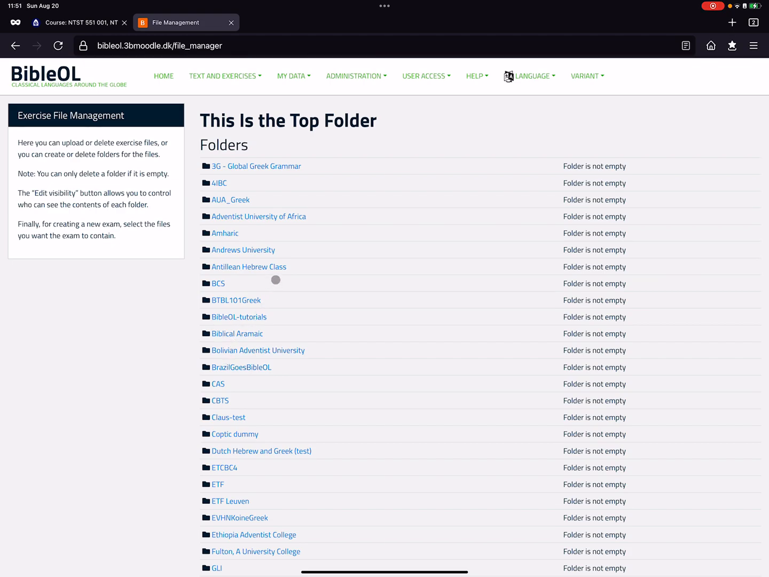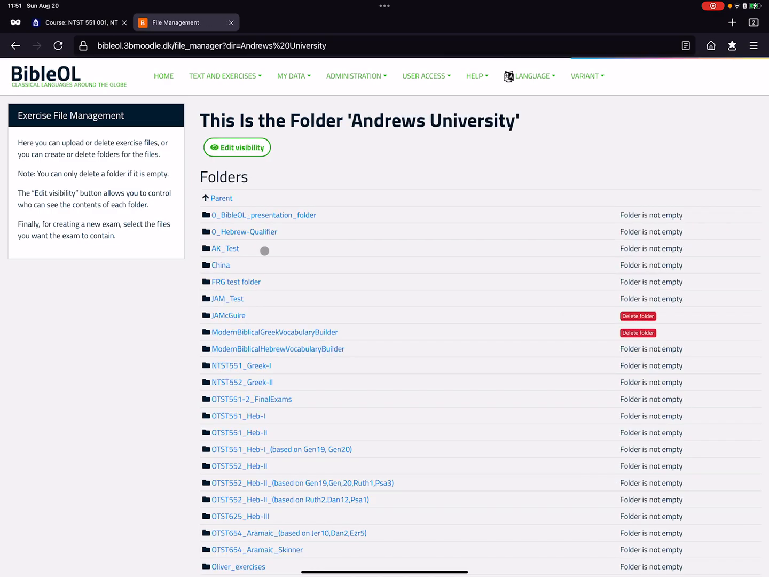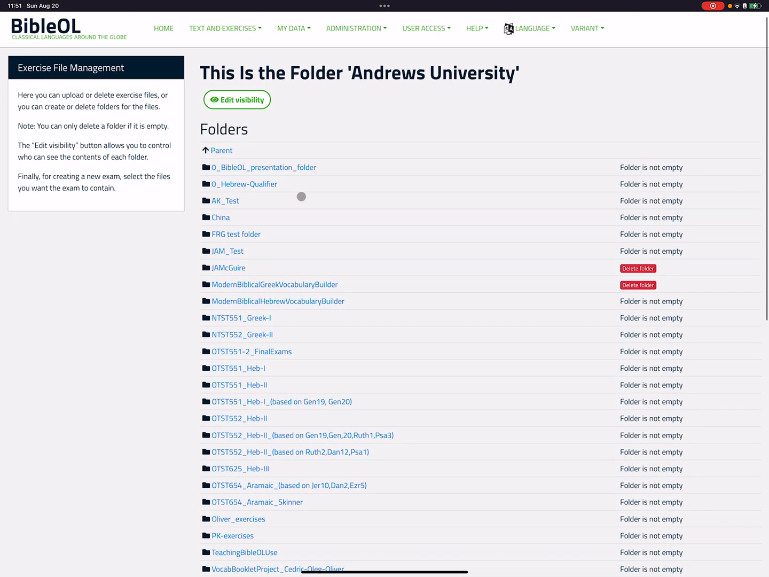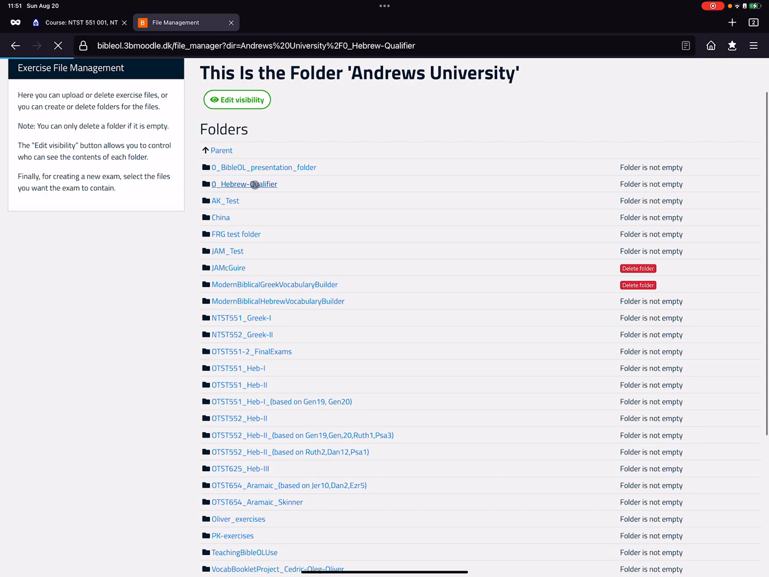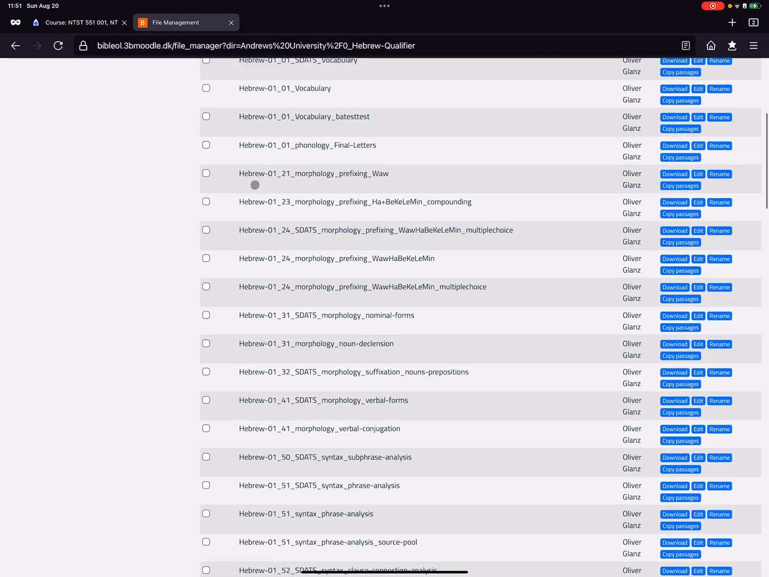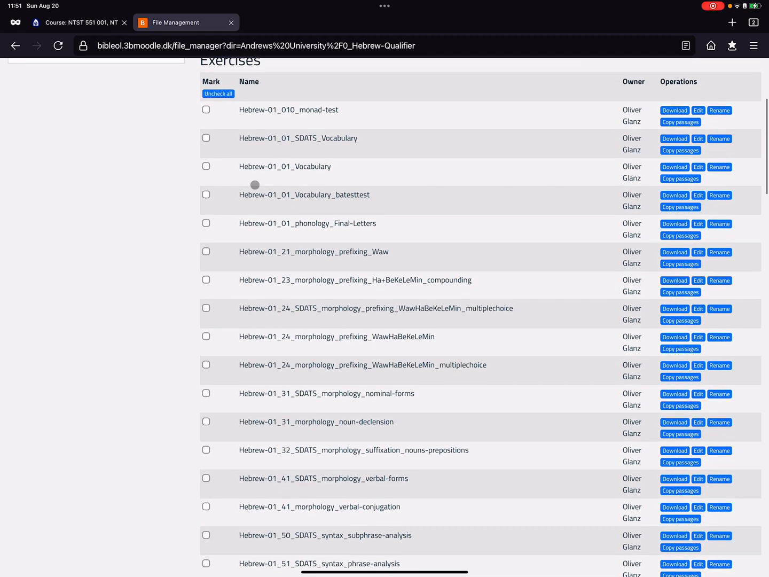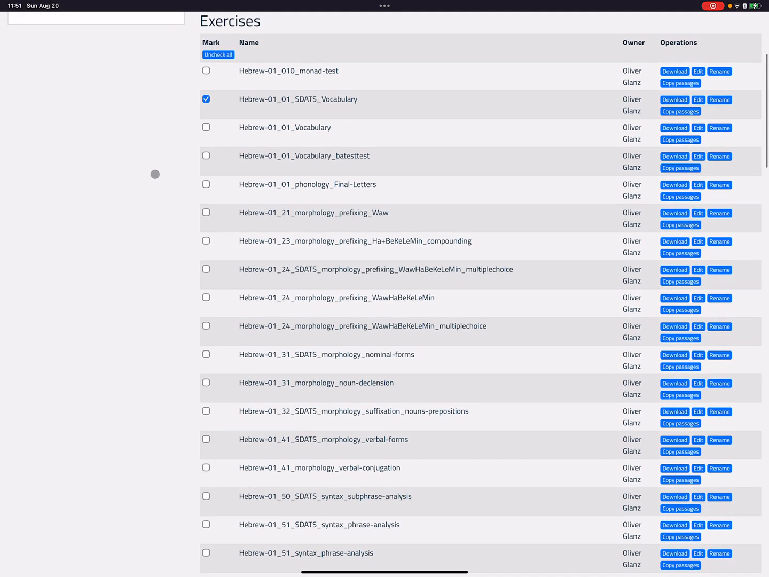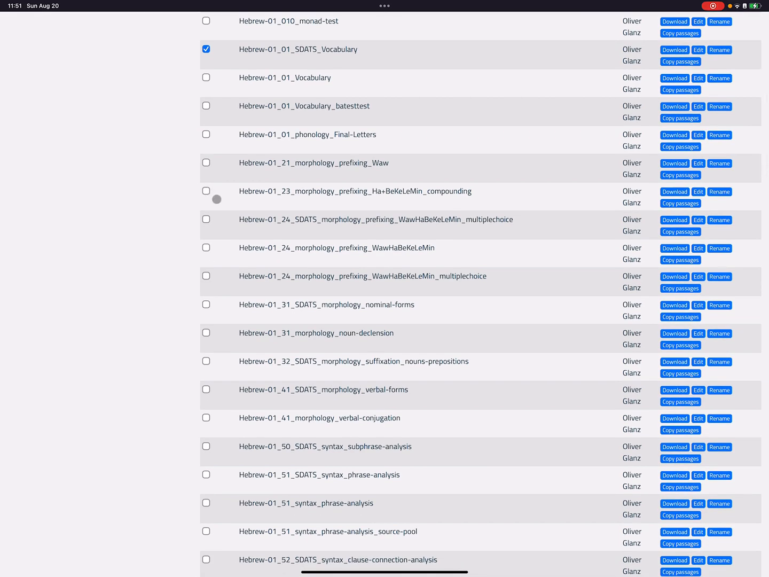Then you choose the folder in which the different exercises that you want to bundle into the exam are present. So Andrews University, let's create a Hebrew final exam. We go to the Hebrew qualifier and now we select the exercises that we are using in our Hebrew 1 final exam. So we choose a vocab exercise, we choose the